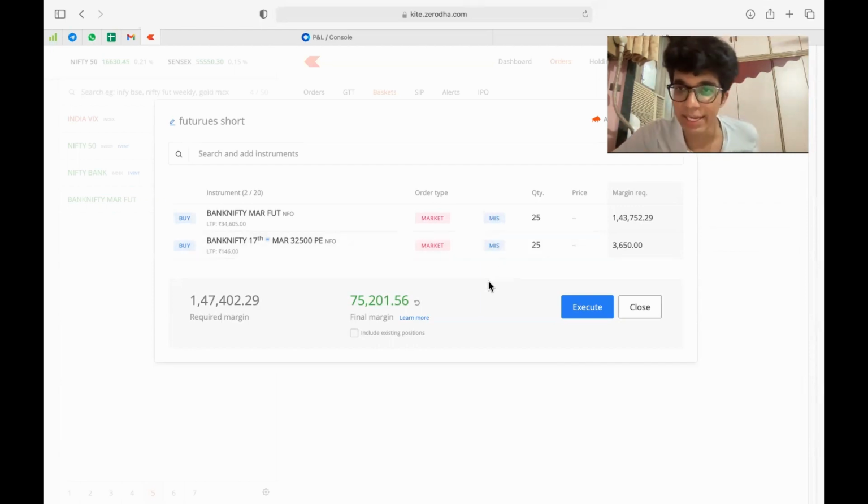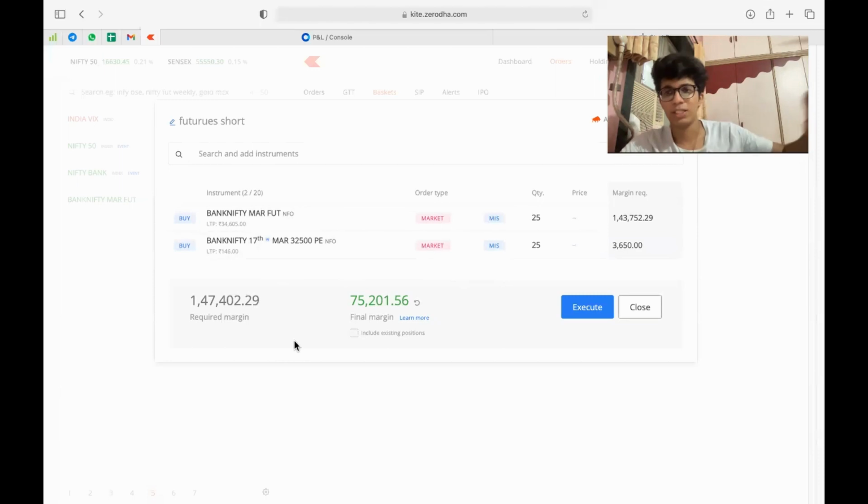But the thing is that right now, as of today, I only operate in one lot of Bank Nifty, right? And one lot costs 1.5 lakh, and I have 1.5 lakh rupees, and out of that, most of it is just my stocks that are pledged. So my cash would be less than that, and it wouldn't be a problem.